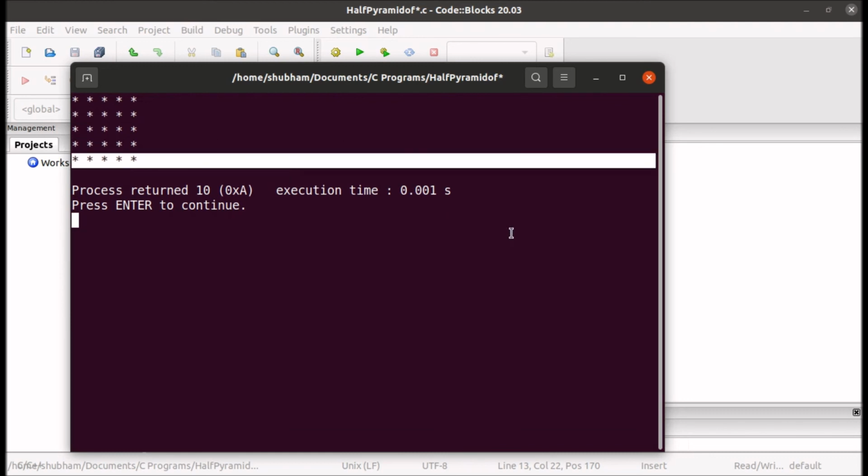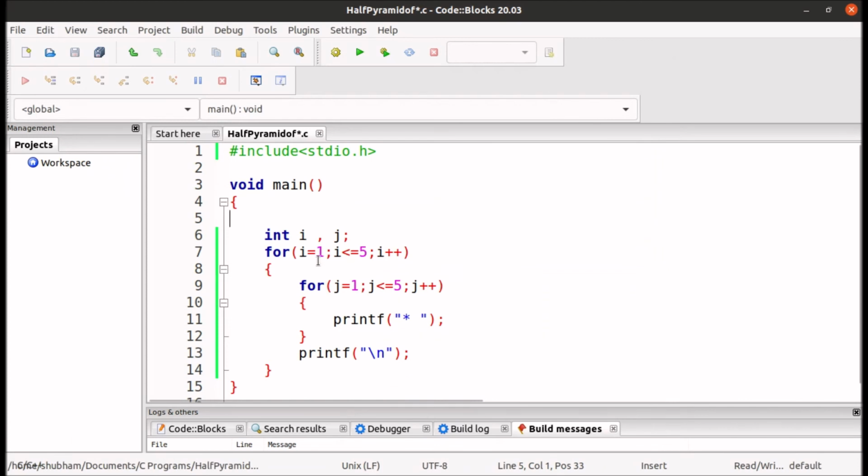So let's reduce the number of stars. For i equals 1, I want to run this for loop one time, so I will replace 5 by i. When i becomes 2 it will run for j equals 1 to j equals 2. When i becomes 3 it will run j equals 1 to j equals 3.